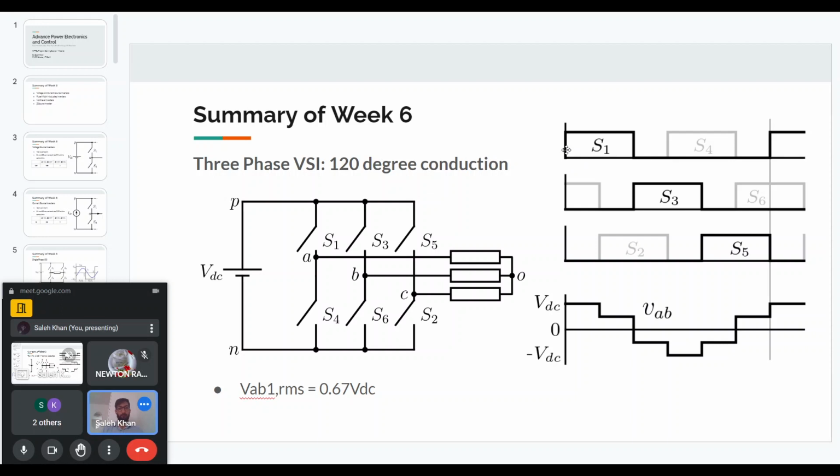Here we first turn on S1 for 120 degrees, then after half the cycle, or after 180 degrees, we'll turn on S4, and in between for the A leg, both the switches will be off. For the other legs, we'll do the same thing, just shifted by 120 degrees. So if you see this, now let's try to find out the